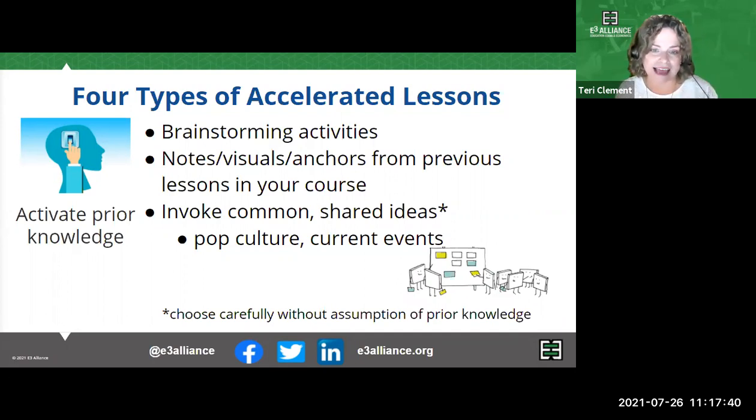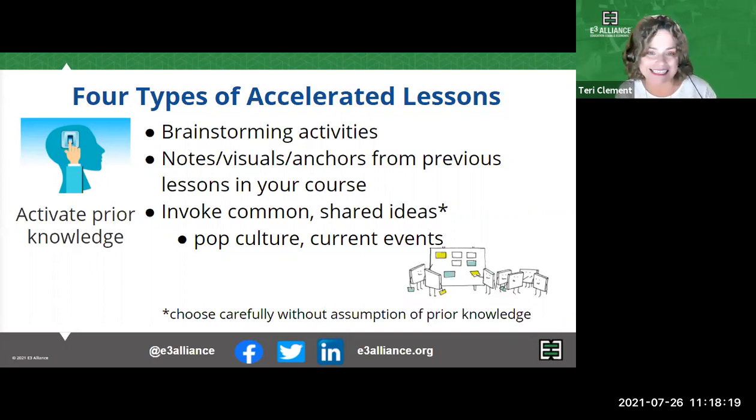I do have an asterisk there, because we can't always assume that that prior knowledge took place. Sometimes, even though something is vertically aligned, we think, oh, well, the students surely learned that last year, but then you're making some assumptions about what they've been able to retain and what their exact experiences were. And especially after the year last year, I don't think we can assume any of that necessarily happened, and being able to retain it, of course, will be an even more challenging thing because of the levels of stress and everything that we experienced with some of the school disruptions last year.